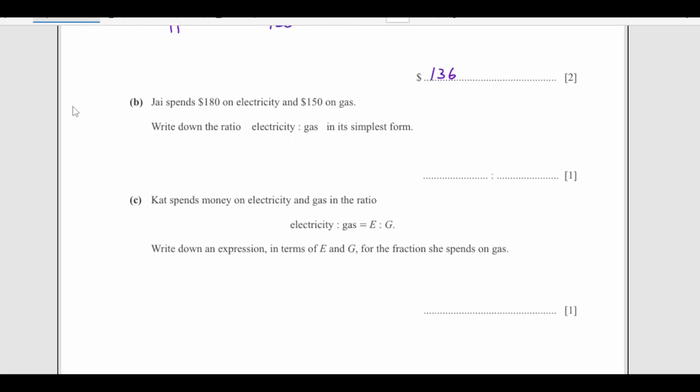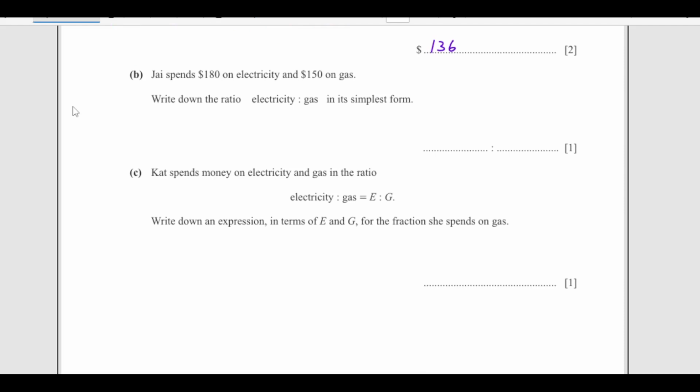Now, part B, J spends $180 on electricity and $150 on gas. You are given how much is spent on electricity and then on gas. Write down the ratio in its simplest form. So, electricity is 180, I will put 180 here, and the ratio for gas is 150. Now, divide by 10, it gives you 18 over 15. Now, divide by 5,